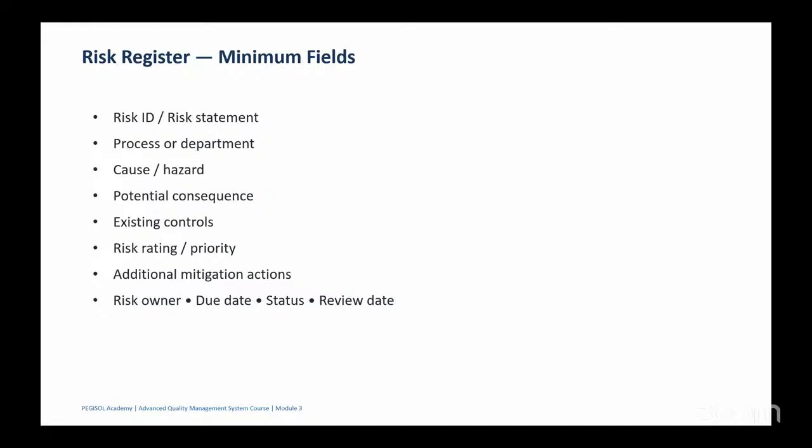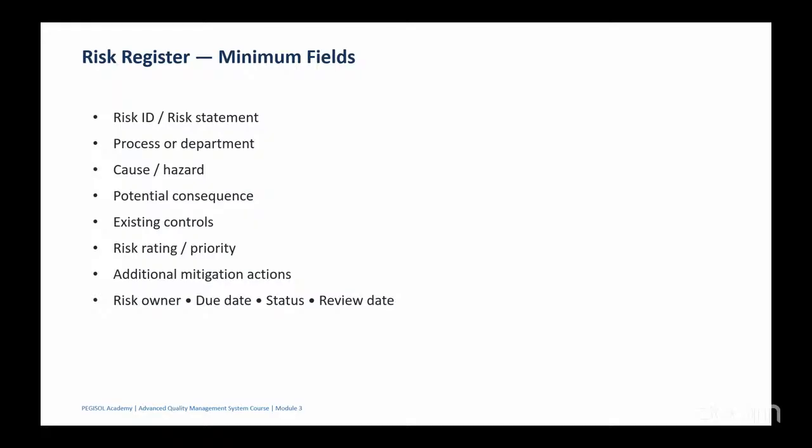Things that should be in the risk register: the risk ID, like a number, whatever you want to number it. Then the risk statement, just like we used to have in non-conformity event management, that thing that is identified. For example, at the time of assessment, we discovered that water is being poured on the floor, which could lead to a fall. Those are risk statements. Then the process or the department where the risk is identified, you put it. Then the cause and the hazard, you put a space for that.